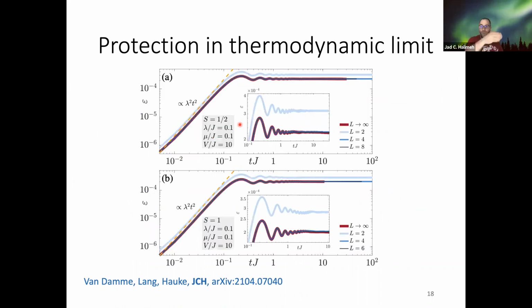And now, again, we go back to the finite size behavior, and we see here something really cool. This is for the linear protection, which in the worst case should mess up in the thermodynamic limit, and we see it doesn't. The L goes to infinity limit, the thermodynamic limit result calculated in iMPS, is juxtaposed with exact diagonalization calculations for 2, 4, and 8 matter sites for spin 1/2, and for spin 1 with 2, 4, and 6 matter sites.